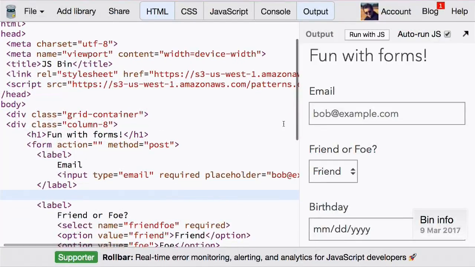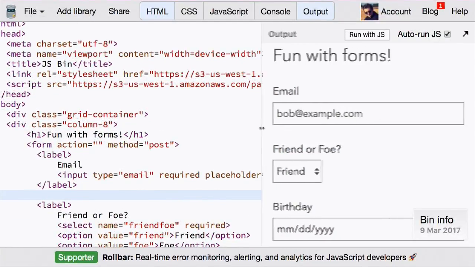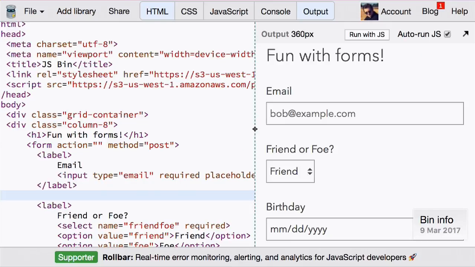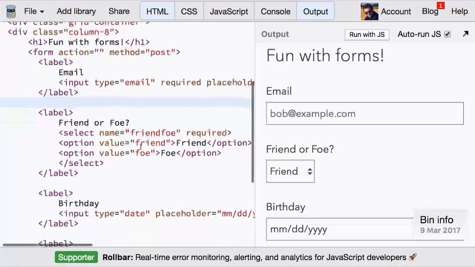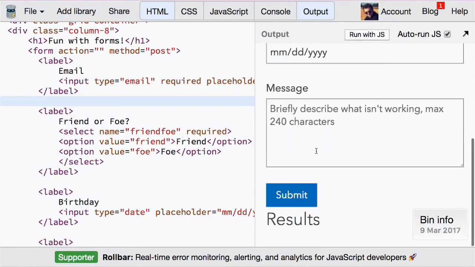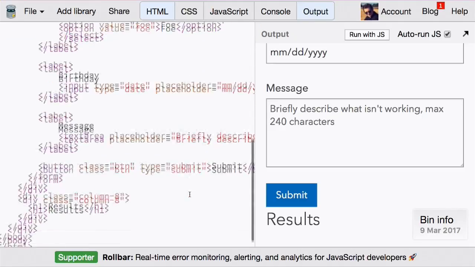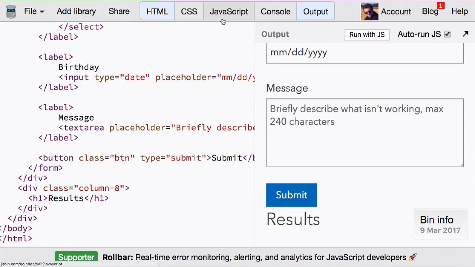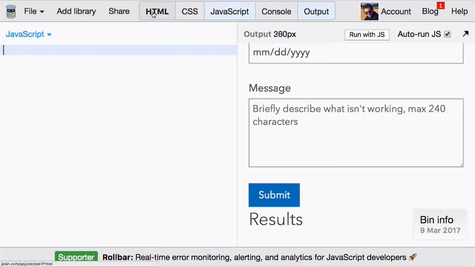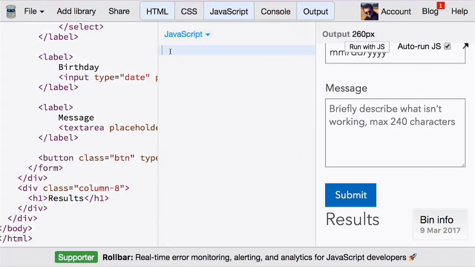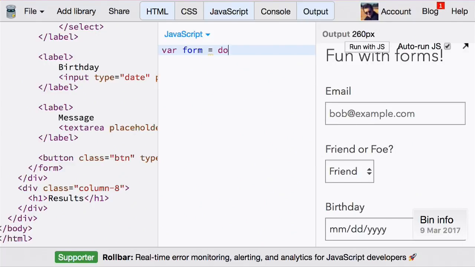So let's start here. This is a JSBin, but it's the same HTML file that John showed. And we have this little HTML form that we want to just hook up some basic JavaScript to. So I'm going to open up the JavaScript console, and I want to start by saying var form equals document get element by ID